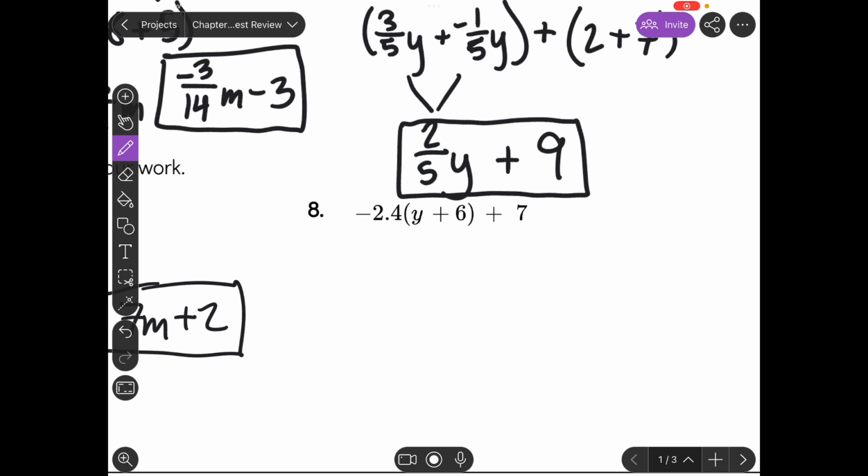For number 8, I'm going to distribute again. When we distribute negatives, we got to make sure our sign changes. Negative 2.4 times y is just negative 2.4y. Negative